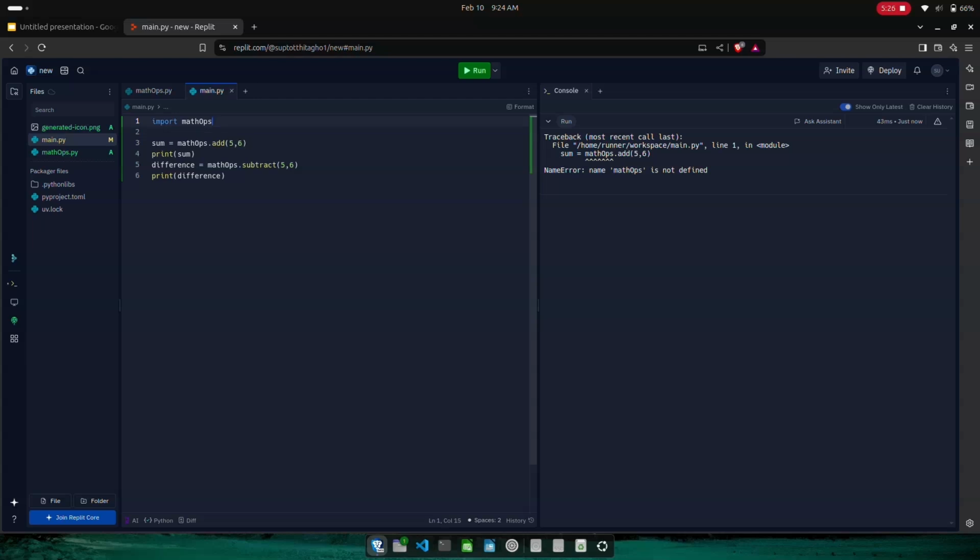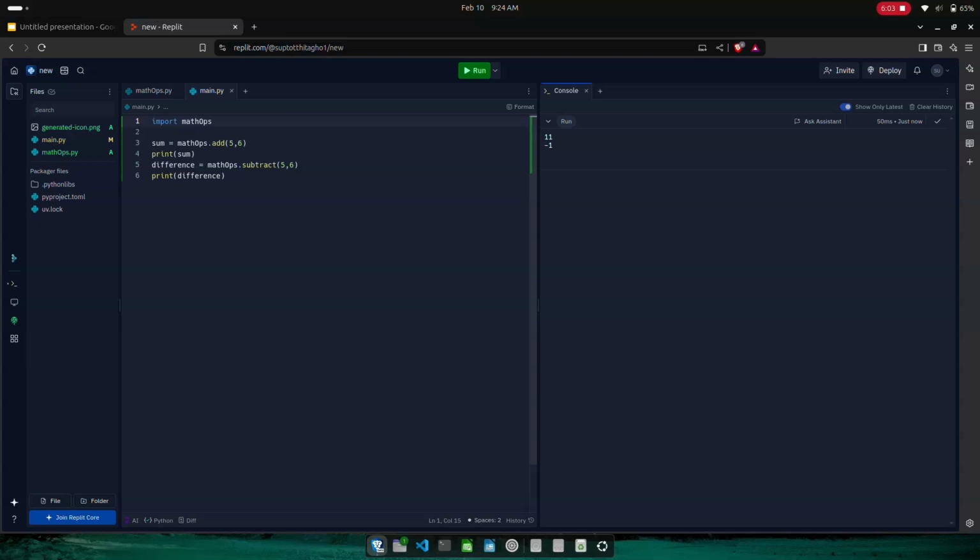So in this line, we have imported mathOps. Since mathOps is a module that we created, if we don't write this line, import mathOps, then we cannot use it in our program since it is a different file stored in a different area, right? So we have to invoke it. We have to let it know that we are trying to use whatever is the code in it in our programs. So here we have it. Since we imported this, this is how you use a module in a program that you have written.